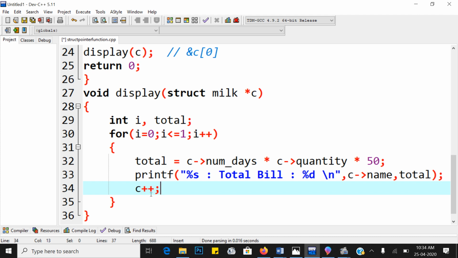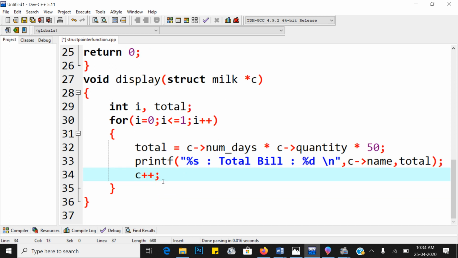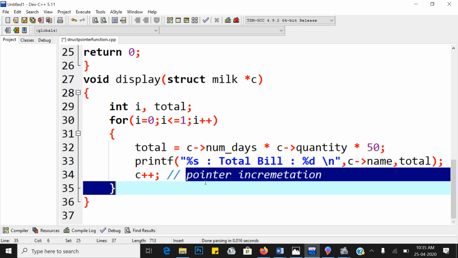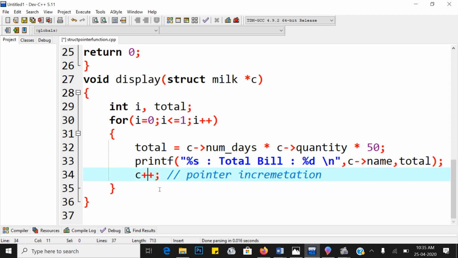So it stores the address of the next customer record, and again it prints the second customer's total bill similarly. So this is the main point, that is, pointer incrementation. And what address does it store? It stores the address of the second customer.